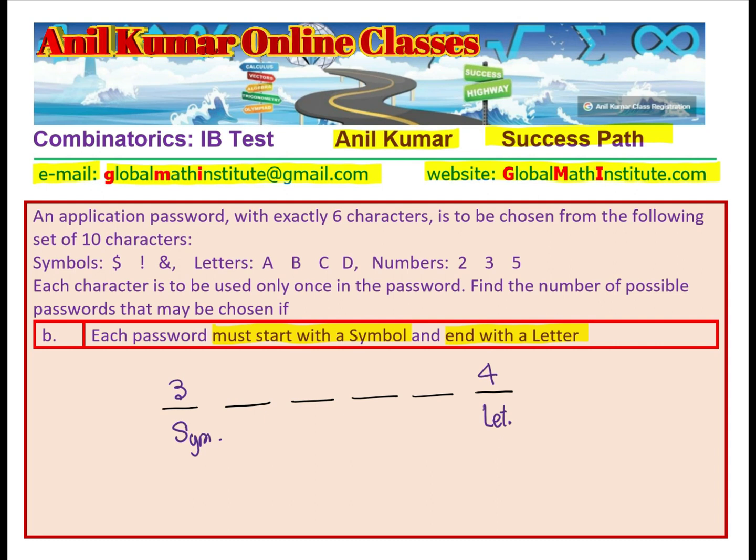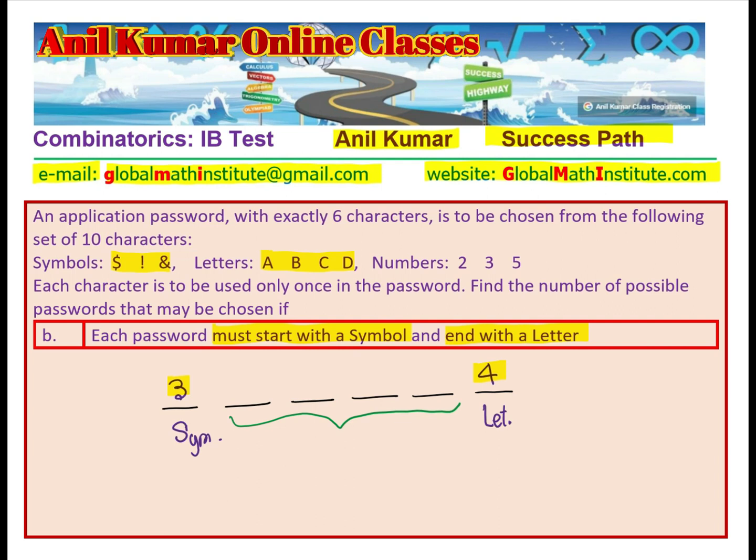Now, what remains here is that we have already decided that we need to start with a symbol. There are only three symbols with us, right? So that gives us three choices. We have to end with letters. We have four letters A, B, C, D. One of them will come here. So we have got four choices as far as letters are concerned. Now, what remains is to fill these four positions, right, with